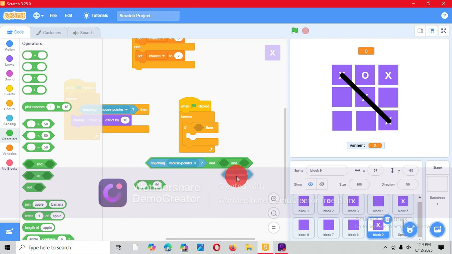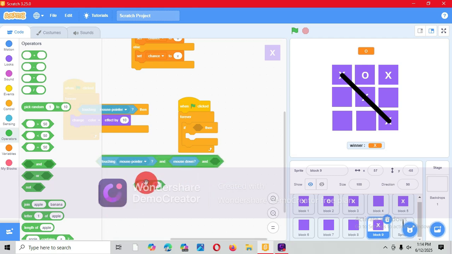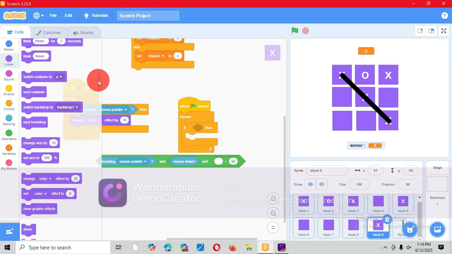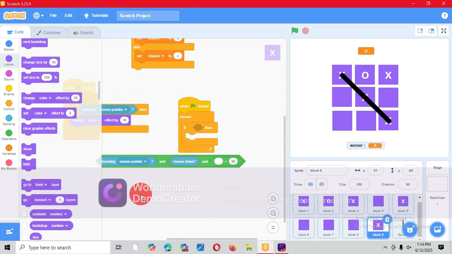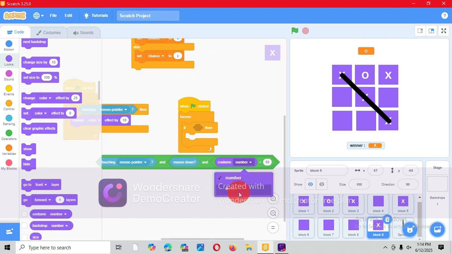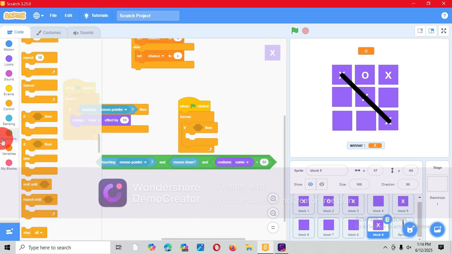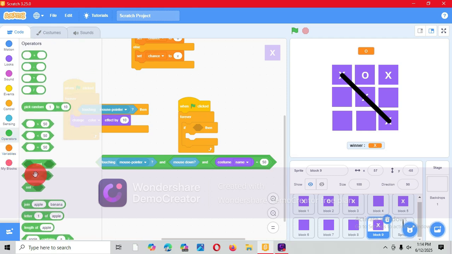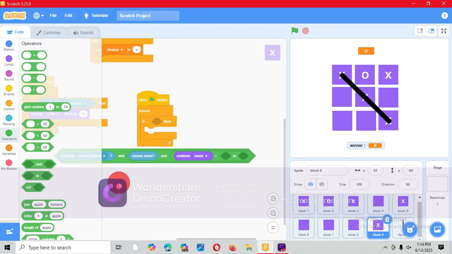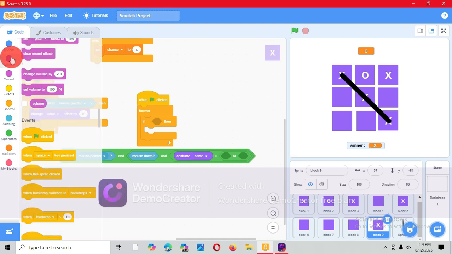If touching mouse pointer and mouse down, what should happen is this. We go to looks and we go down right there, and costume name is equal to, we go to operators, we take or equal to